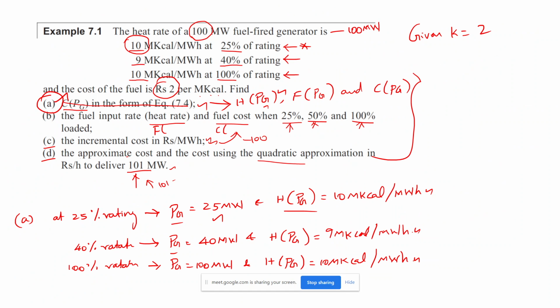So this is called the performance curve. We know how the system is performing, how to find out the heat, how to find out the fuel cost, and which is the best method to find out the cost, or whether both are the same. Everything we have solved from this. It may look like a big question, but it has very basic ideas. We get all the basic ideas from this problem.